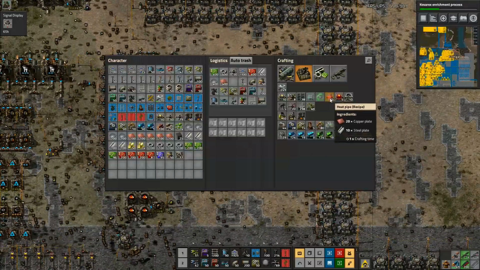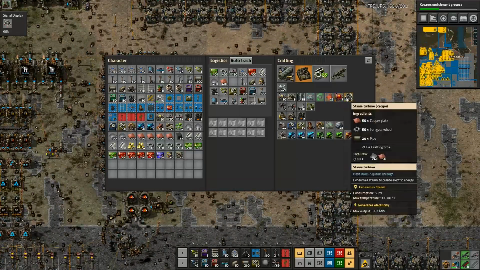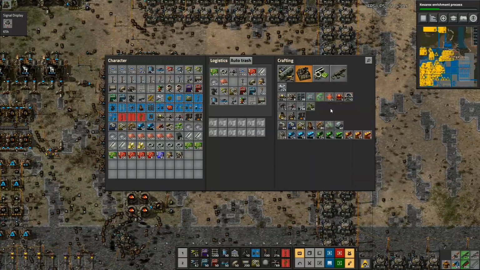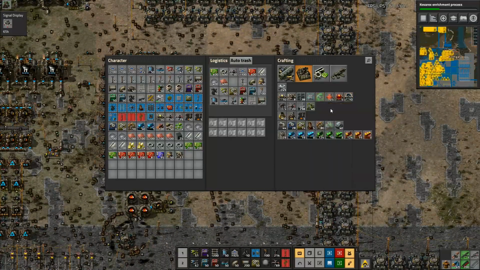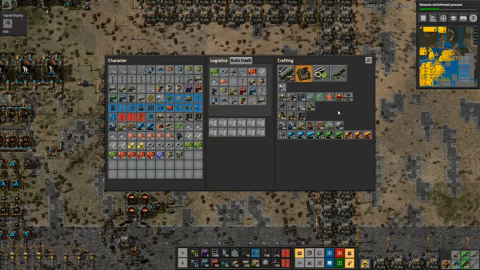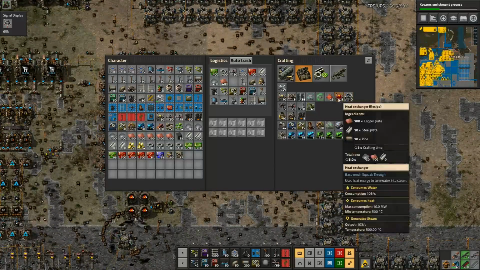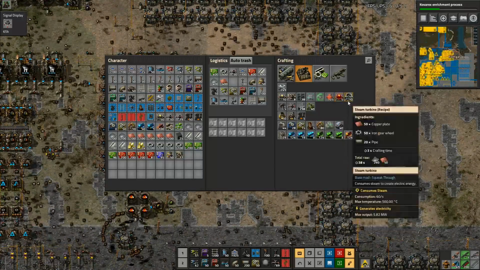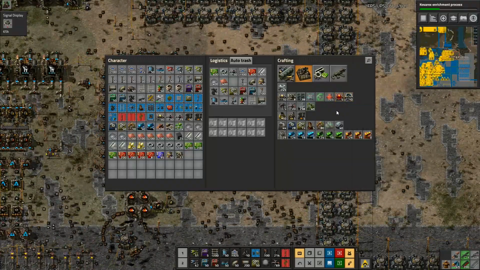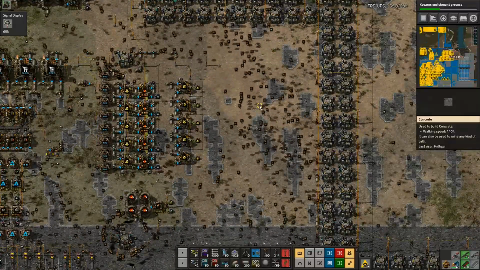Heat pipes, we won't worry about those, but there's a set number of heat exchangers to steam turbines to nuclear reactors that you kind of want to follow, and that gets you the maximum out of it. I don't think it matters if you have too many of these things. I don't know if that reduces power or not. I'm not quite sure, but I am just going to have a look for a second to remind myself what the